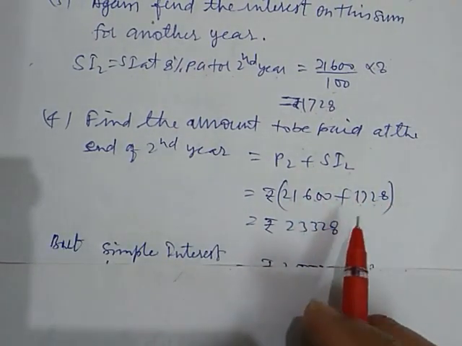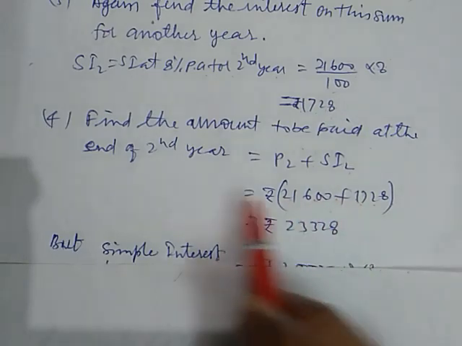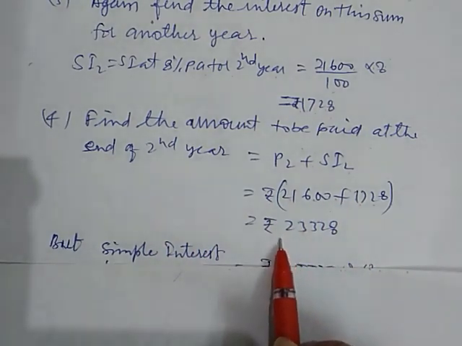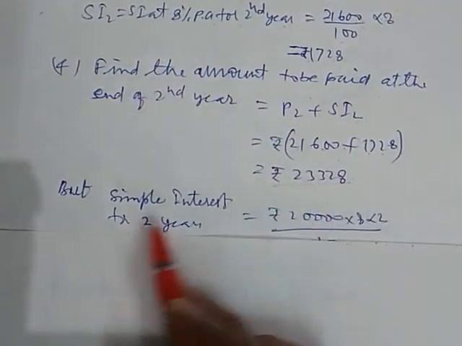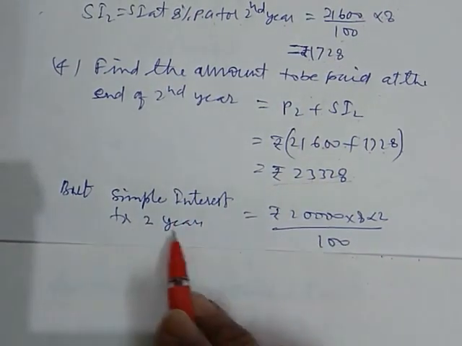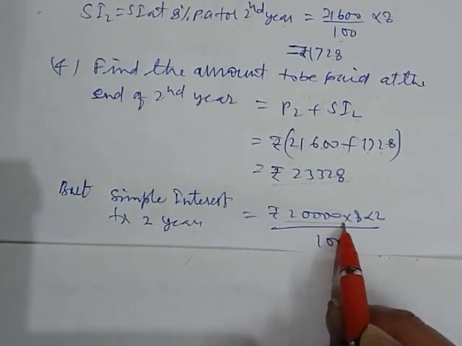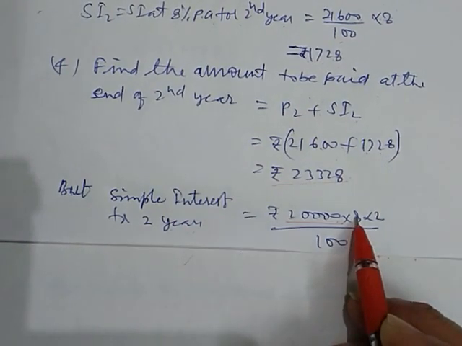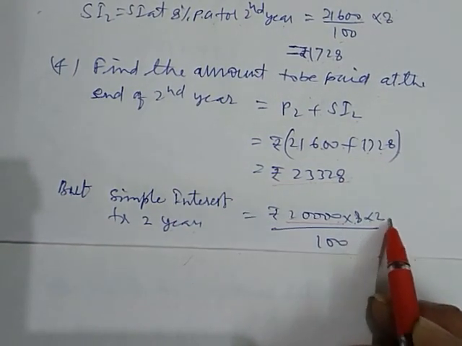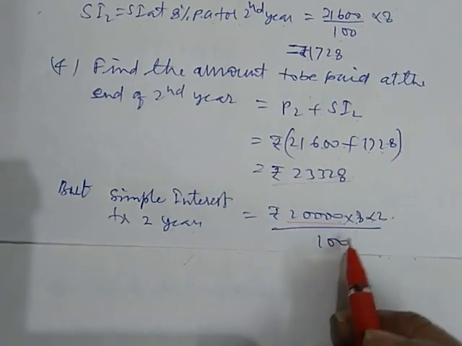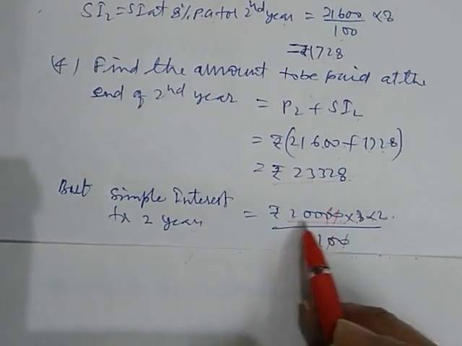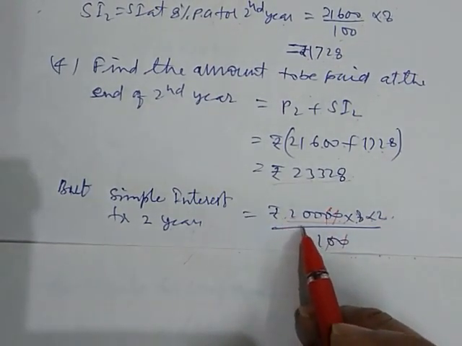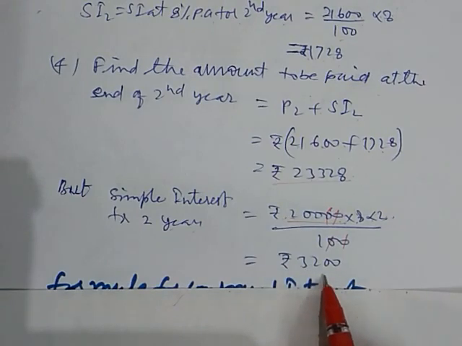Okay, so this way we calculate the compound interest. Using compound interest, this is the amount we return. If we calculate the simple interest for this figure, we also calculate here. But the simple interest for 2 years, here the principal is the same for both years, 20,000, and 8 is the interest rate, and the period of time is 2 years. So multiplying by 2 and dividing by 100, these 2 zeros are cancelled. 8 twos are 16, 16 twos are 32. So here rupees 3,200 is the simple interest.